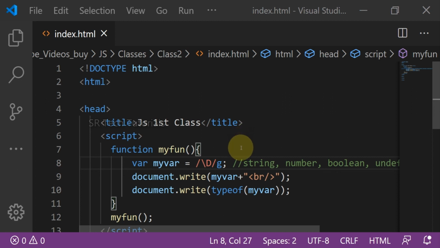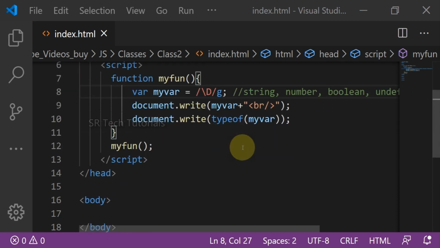If you know this logic, you can implement any complex functionality independently. If you have any confusion in data types, you will struggle in many places while programming in JavaScript.